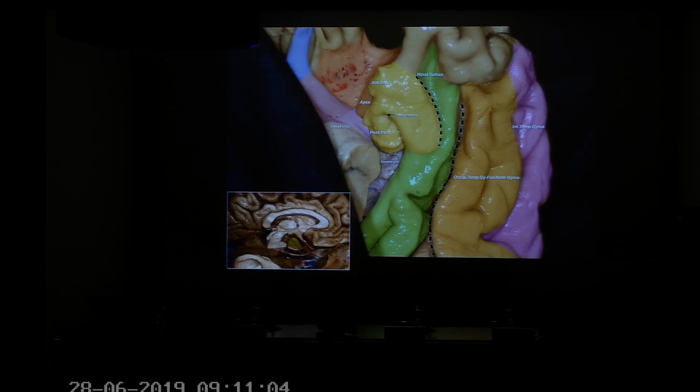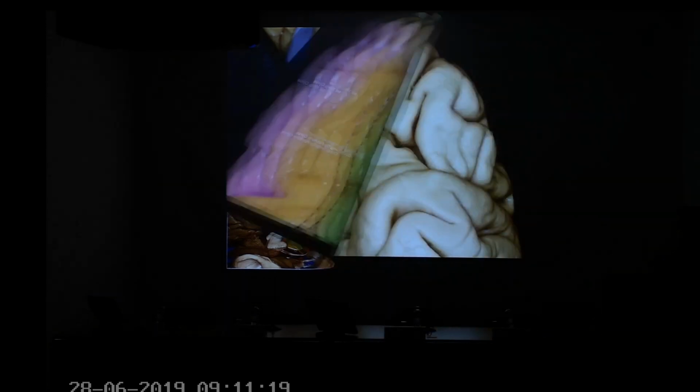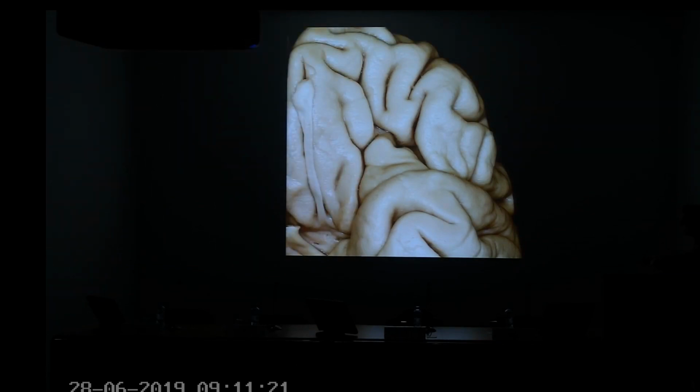And here below, you see the medial surface of the temporal lobe, the uncus, and the relationship always with this nerve. This nerve is the third nerve. You can see in green, it's very close. A closer view of the